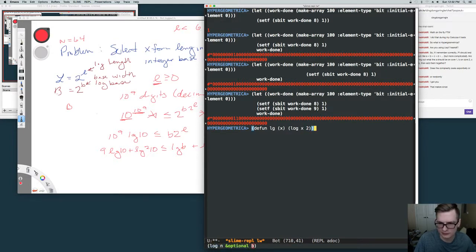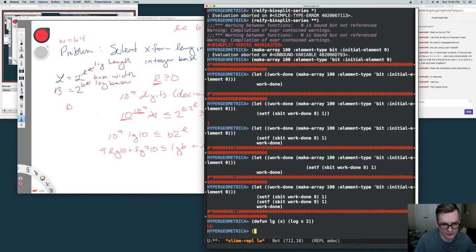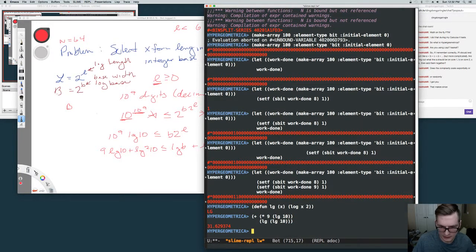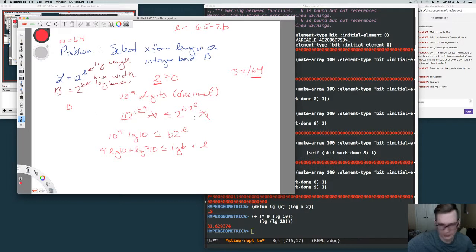So let's do this: 9 log 10 added to the log of 10. Now we get 31.629. So this is about 31.62, and that's less than or equal to log b plus L,